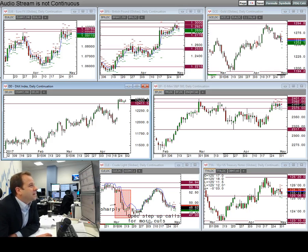As things stand here, markets have opened reasonably flat, I would say. Looking at these daily charts, most of these markets are tracking around the price points that they were trading either yesterday in a very light volume bank holiday session, or indeed the price points trading back on Friday. So we'll come and have a look and zoom in on a bit more shorter term price action in a minute. But look, let's just look back and have a look at